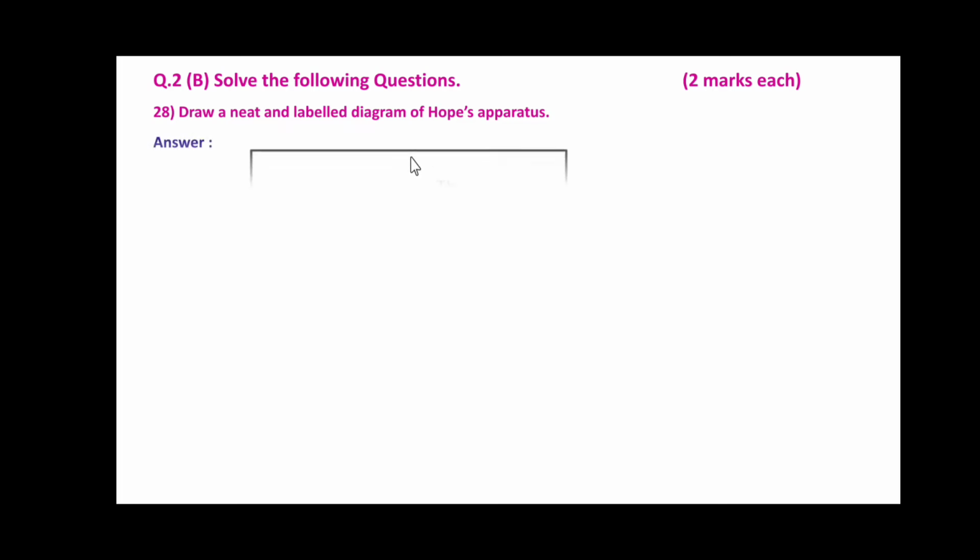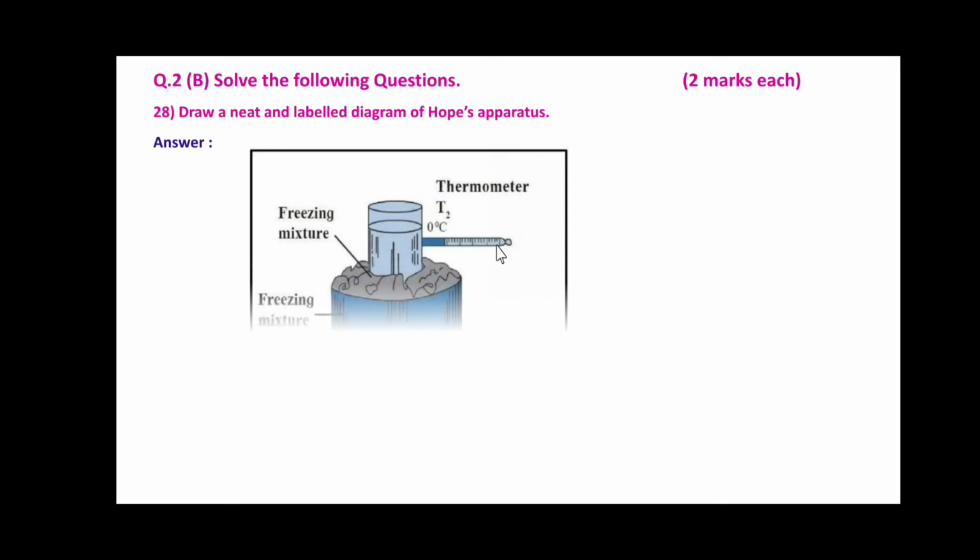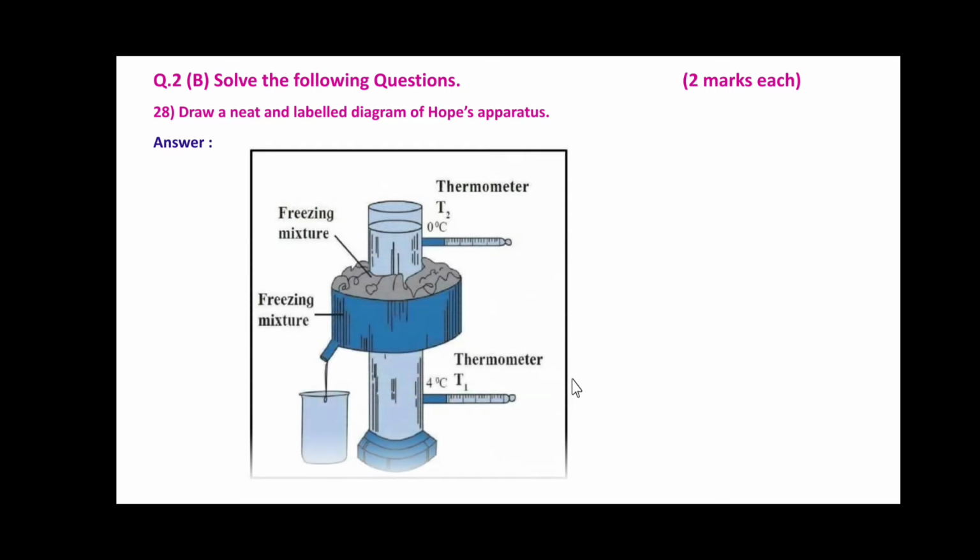Question number 2b, solve the following questions, 2 marks each. In the previous videos, we have discussed 27 questions. Now we'll start with the 28th one. Draw a neat and labelled diagram of Hope's apparatus. The Hope's apparatus is like this, the diagram for this one,